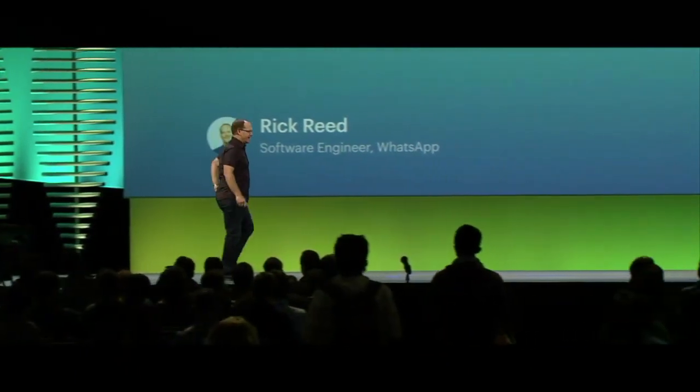Well, hello, everyone. Thanks for coming. It's great to be here. I'm Rick Reed. Actually, let me start by apologizing in advance. I caught a cold over the weekend, and it decided that today was the perfect day to attack my voice, so please bear with me. I'm from the server engineering team at WhatsApp. My completely fictitious self-appointed title is the Deputy Prime Minister for Throughput. So my day job is scalability, and I'm here to tell you a story of scalability through the lens of